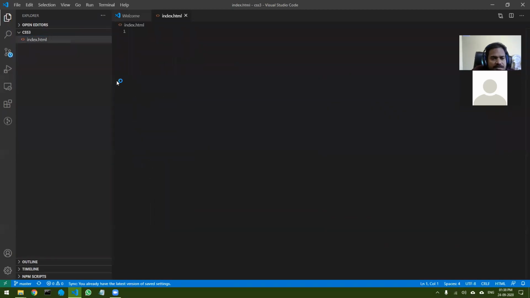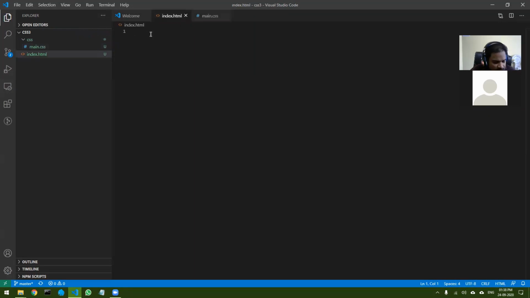And what else was there? A folder called CSS, and inside that folder I can have main.css. This main.css can be anything, it is completely up to you. Then I think that is it.